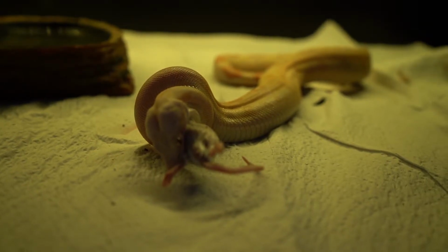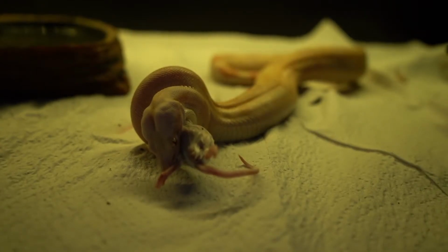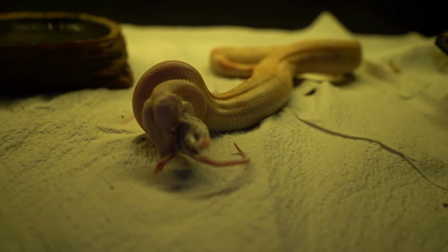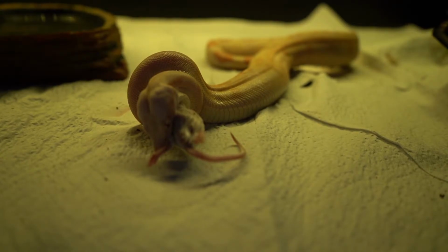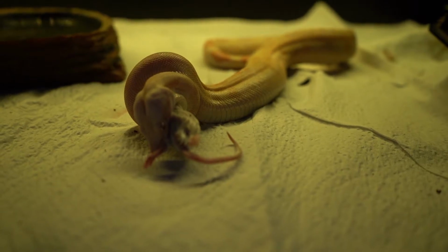And that's one of the reasons I only feed frozen thawed. And actually, feeding frozen thawed is better for the snake anyway. There's less chance they're going to get injured, and there's less chance they're going to get any parasite or something from the mouse. So again, Ray will wrap this for a couple of minutes,